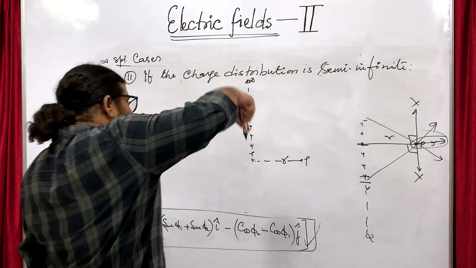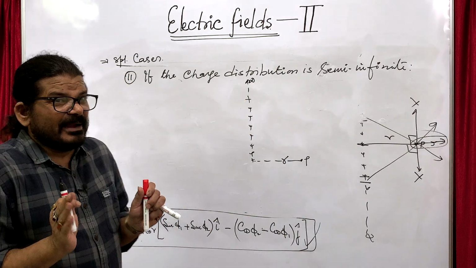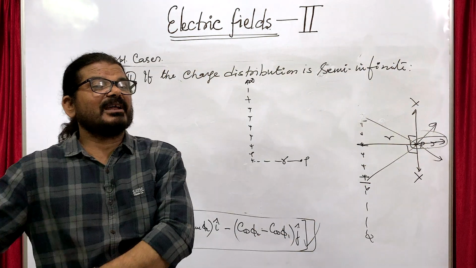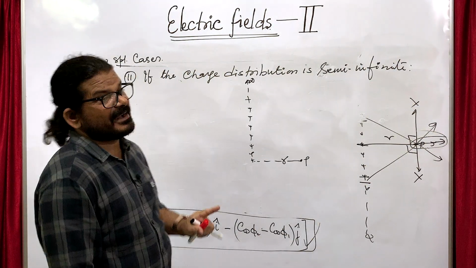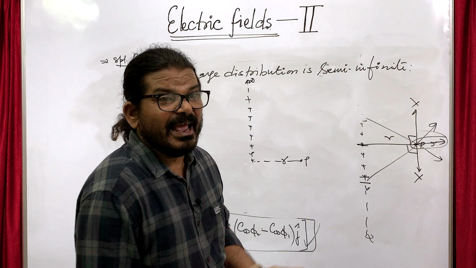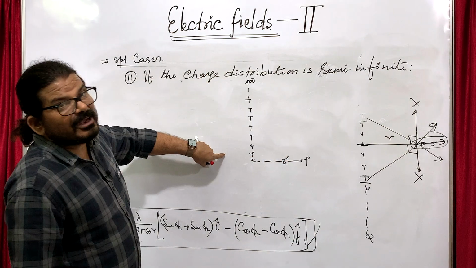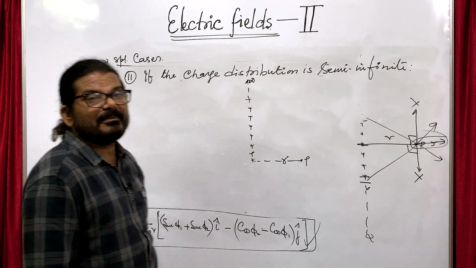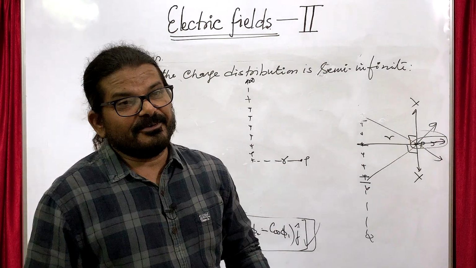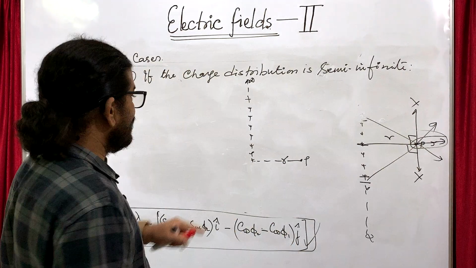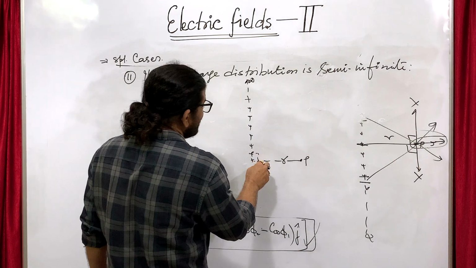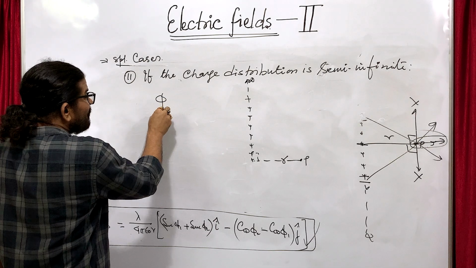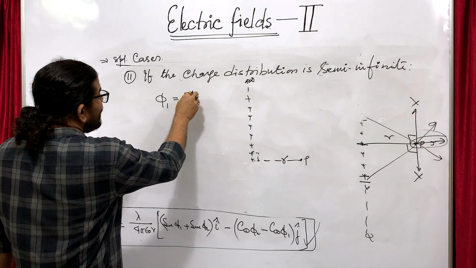So the simple concept is, if it is starting from minus infinity to plus infinity, we have taken an infinite distribution, and if r goes from 0 to infinity, we have named it a semi-infinite distribution. So now suppose here it is, then in this situation, see, phi 1 is definitely pi by 2,